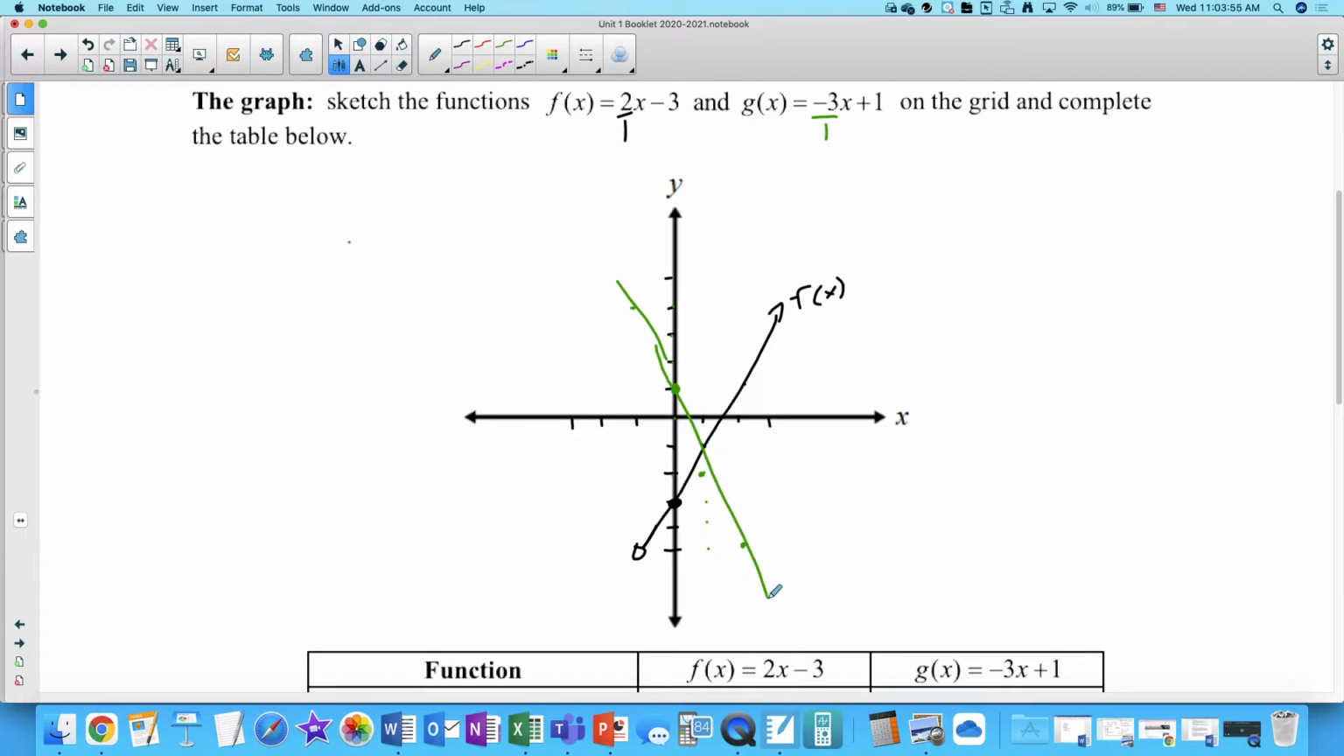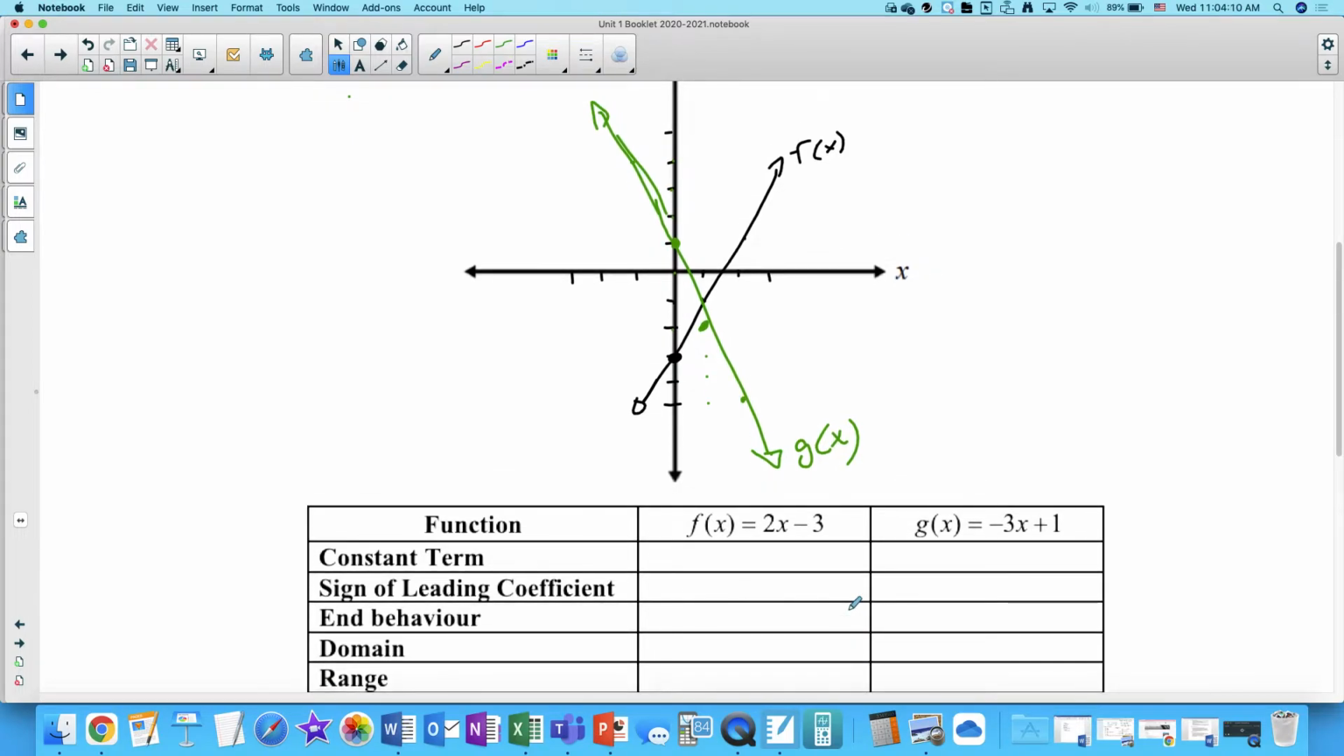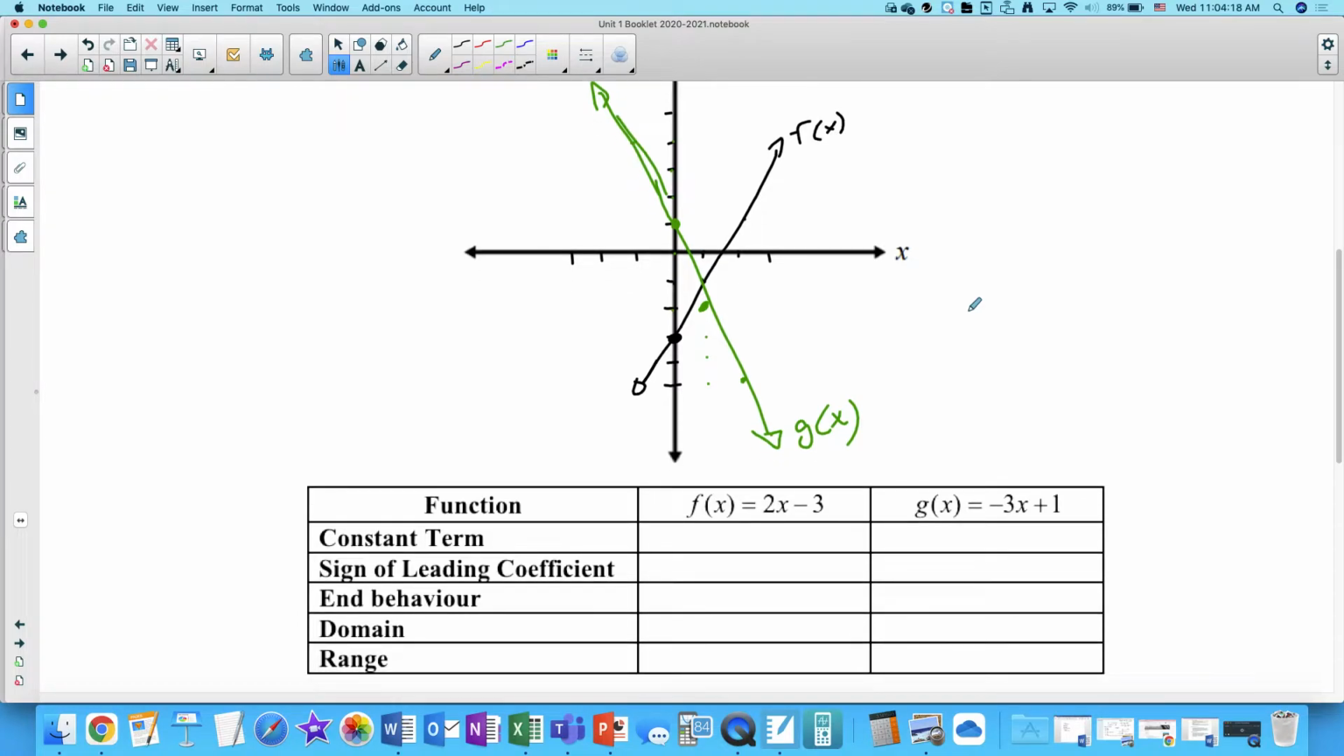Okay, that wasn't very good. There we go. You guys get the idea. So this is g of x. Okay, so we've got these two functions. I would like to just talk a little bit about some properties of each one, and then let's try and make some generalizations. Okay, so in the first guy, f of x,